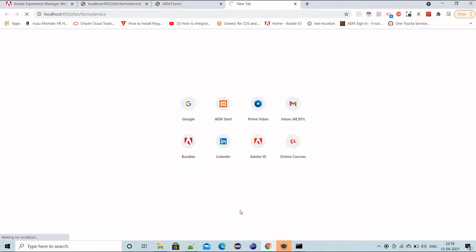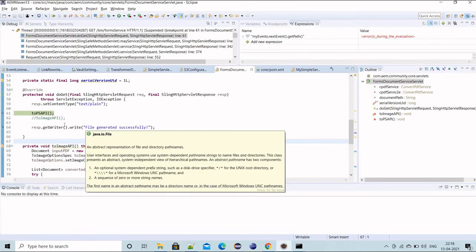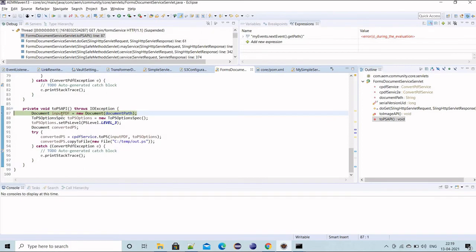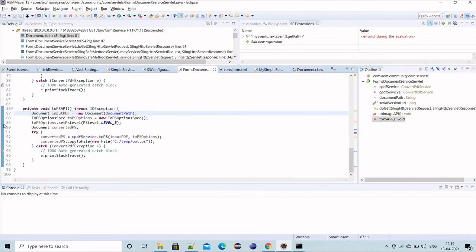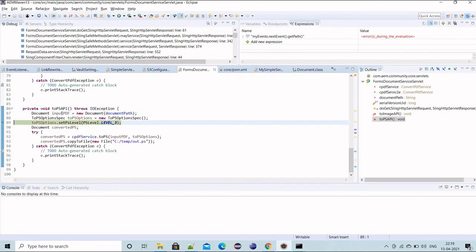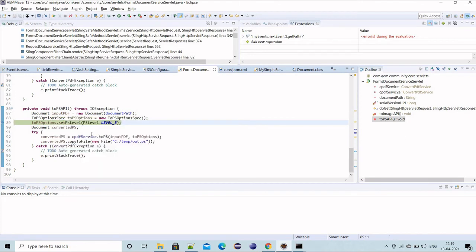Yeah, the debugger is hitting the file. We are good. Let's go inside, and first we take the document. Let's go back, maybe I will put a breakpoint over here as well. So I have taken the PDF file, and then